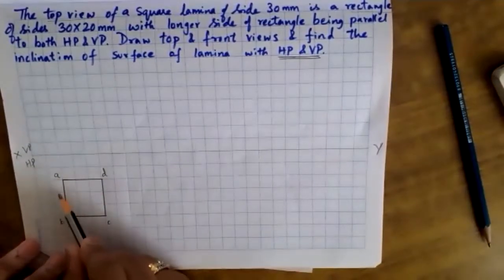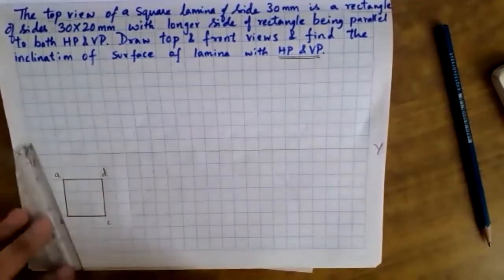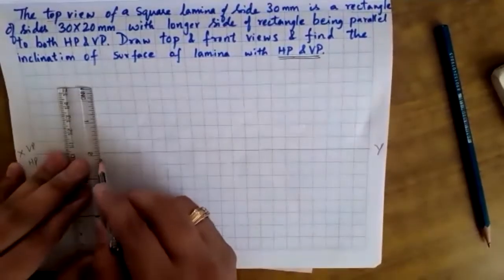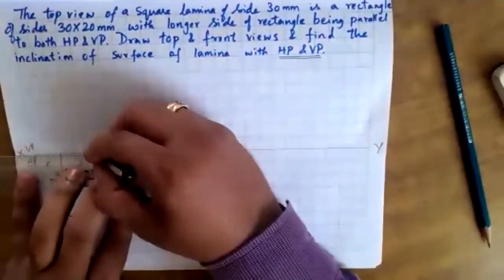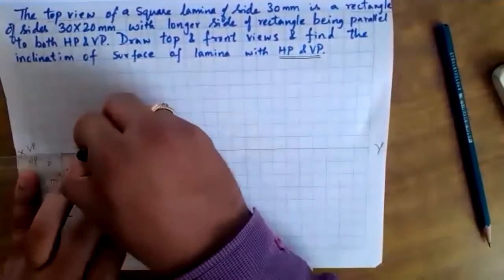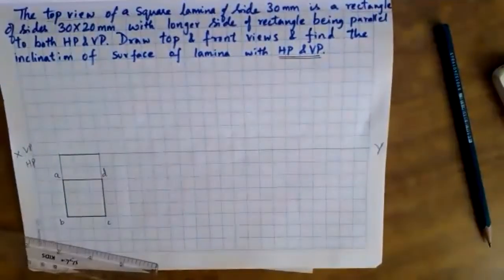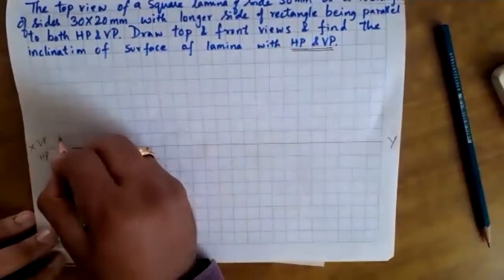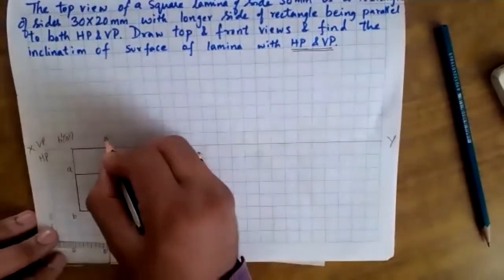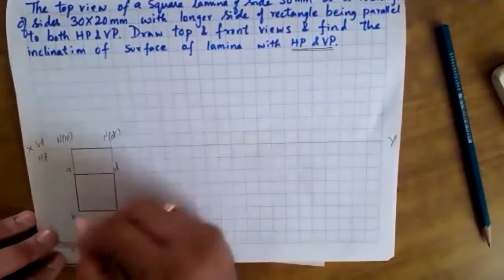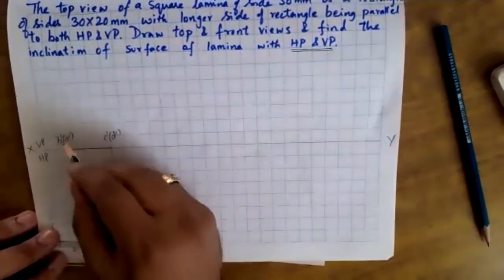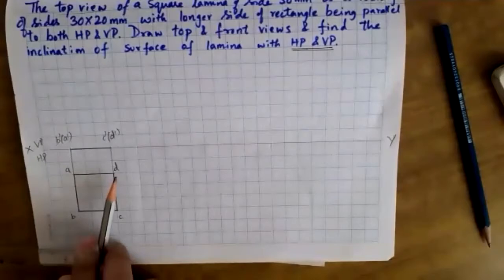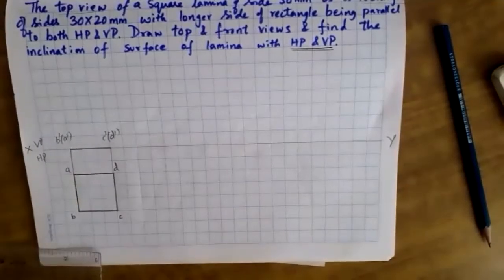So AD will be the edge on the left hand side. That is also possible. So I'll draw a thin line towards the vertical plane and draw the front view, which is 30 mm. I hope this line thickness is visible for you. Name the front view: B is seen first and then A, so A will be inside the brackets. C is seen first and then D, so D will be inside the brackets.